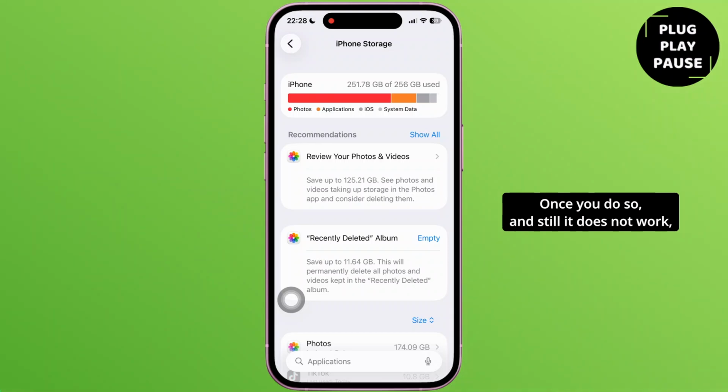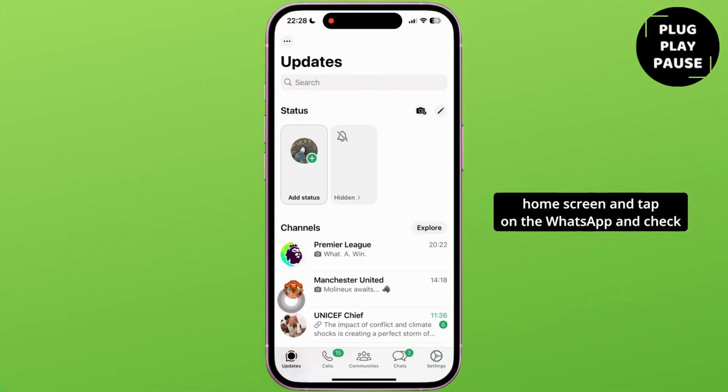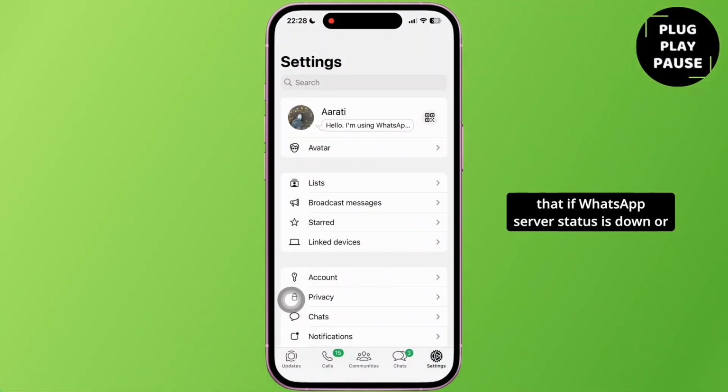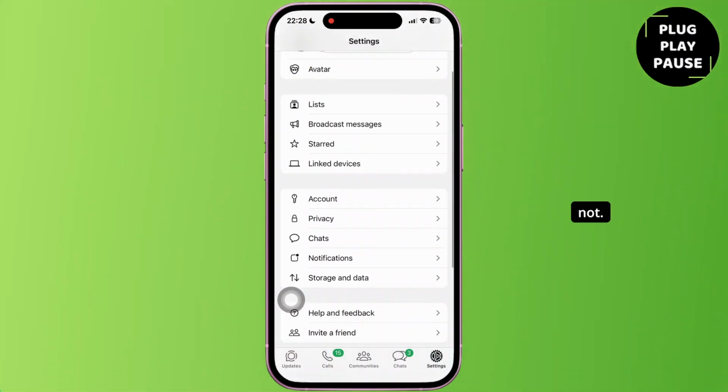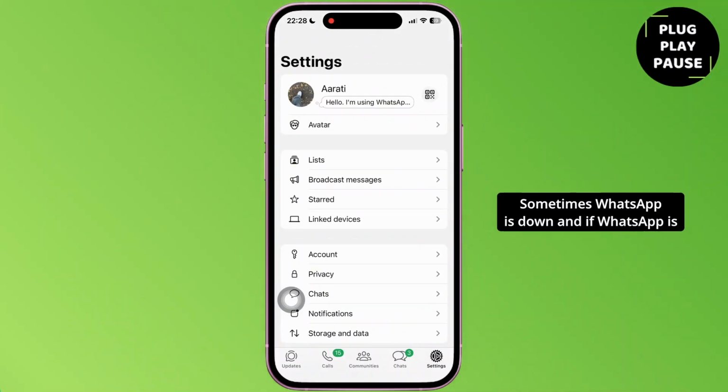Once you do so, and still it does not work, then all you have to do is go back to the home screen and tap on the WhatsApp and check that if WhatsApp server status is down or not. Sometimes WhatsApp is down, and if WhatsApp is not down, then all you have to do is go to the